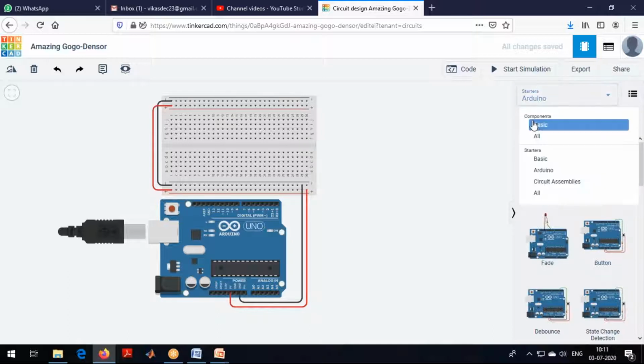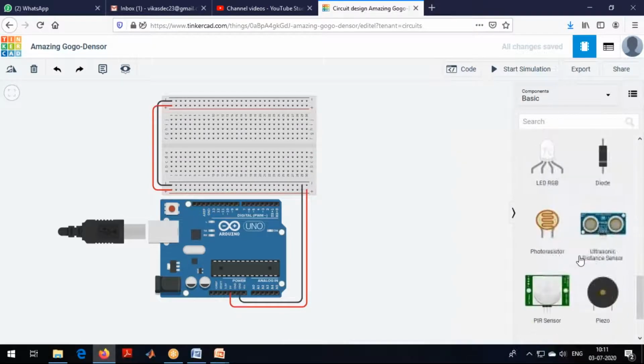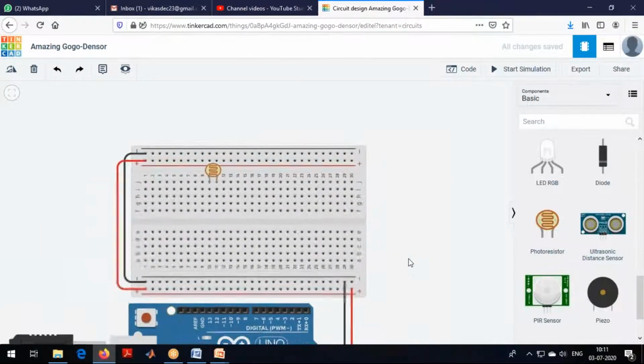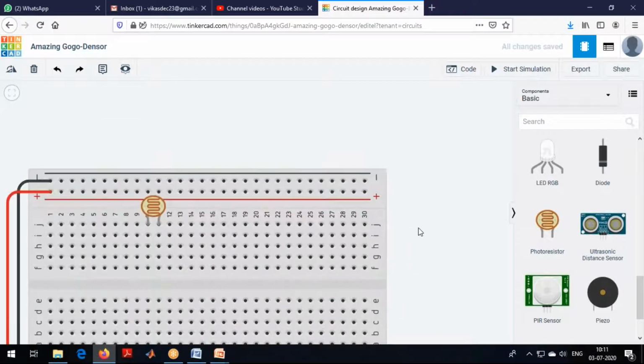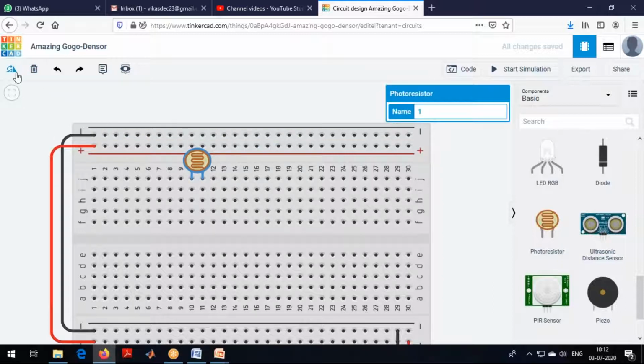Now let me go for the LDR, photoresistor. LDR we can also call photoresistor. And remember here, when we are connecting this LDR, I'll zoom in. See here, the two terminals I'm connecting in two different vertical lines.